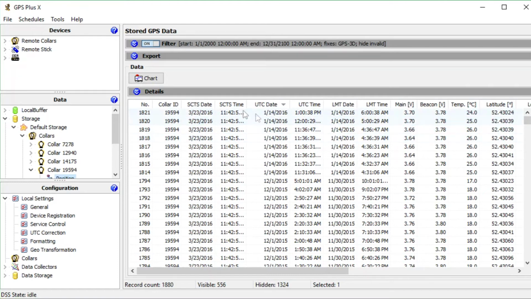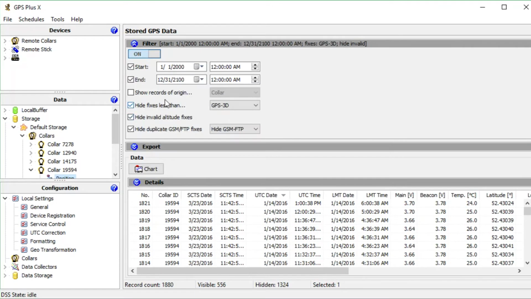Before we export the data, we check the filter. Here you can exclude data which you do not need. For example, you can select to view data only in a distinct time period or to hide low quality fixes. Set the filter on to activate it, and this filter will now be active for all data of all collars until you change it to off. And now we can export